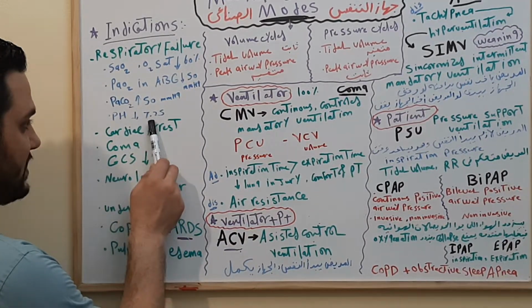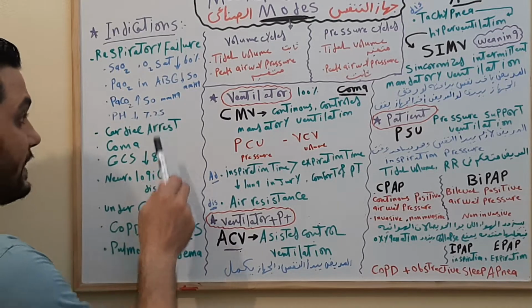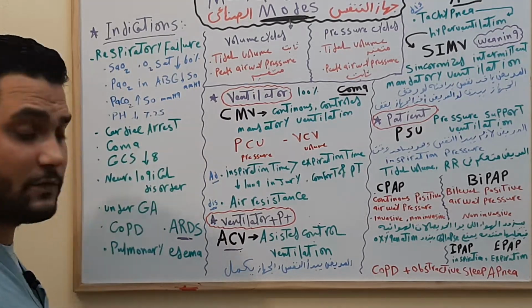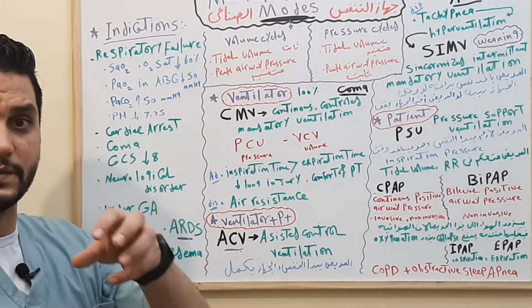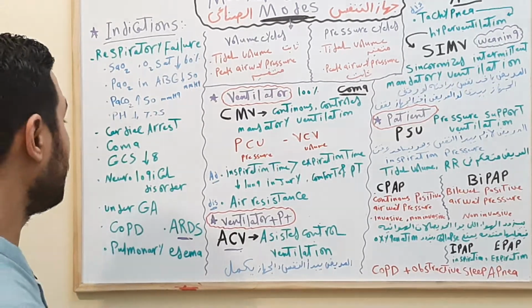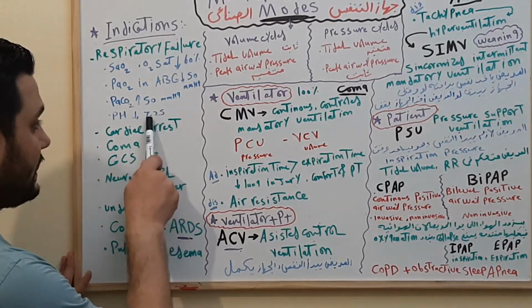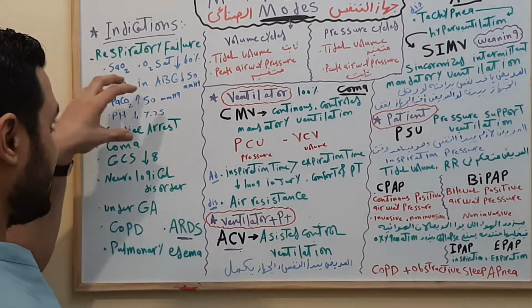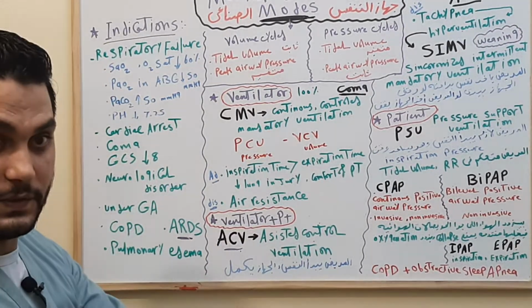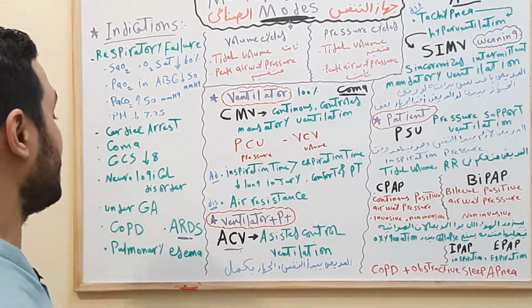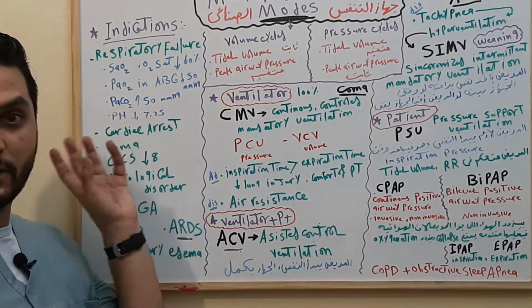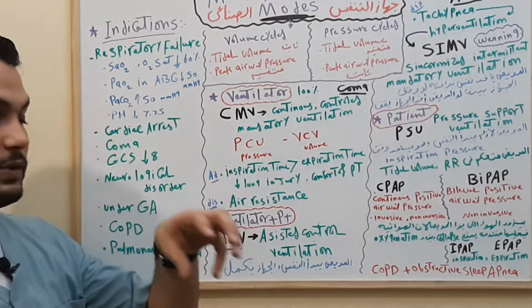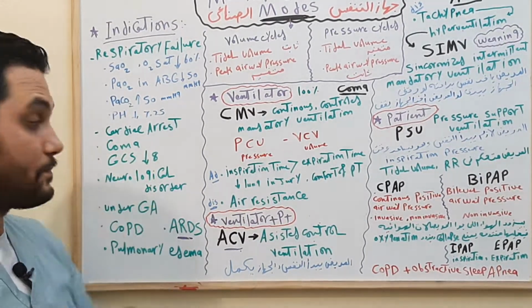If the pH of the patient is 7.225, we know the normal range of pH is 7.35 to 7.45, so at this time we need to put the patient on the ventilator. In the end, the one who takes the decision is the doctor. The doctor is the decision maker. Maybe he doesn't want to put the patient on a mechanical ventilator. Maybe he wants to put him on CPAP, non-invasive CPAP.